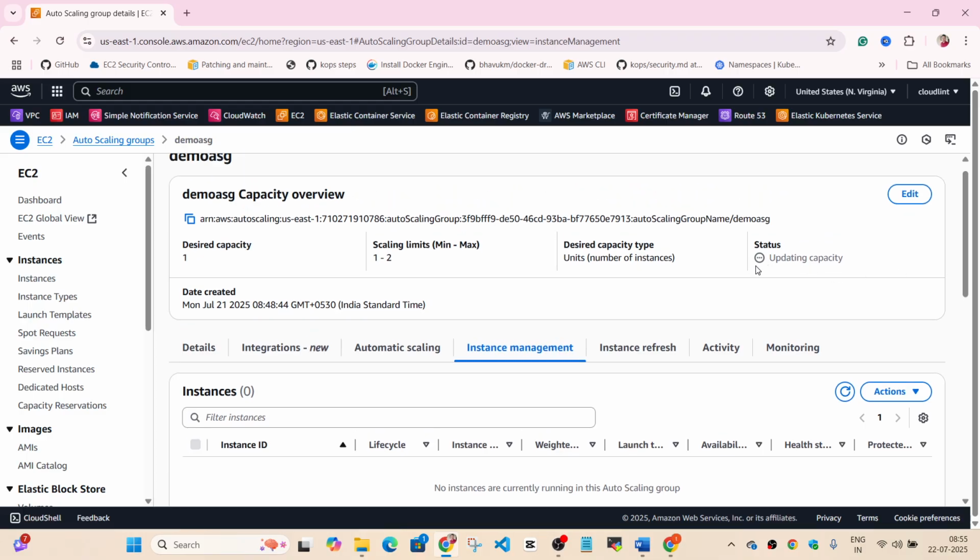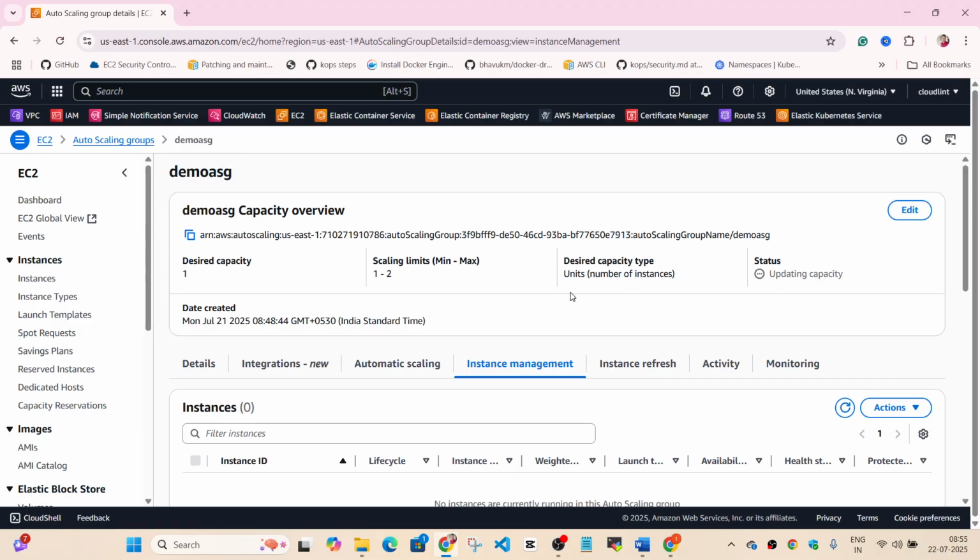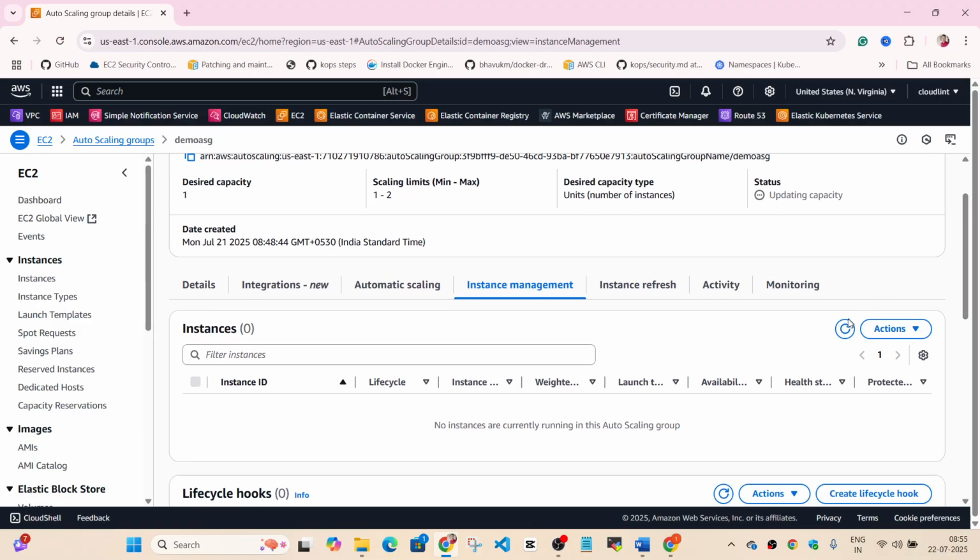It's updating capacity status, as you can see. One more thing I want to show you after I create this. I'll show you after we have the instance available.